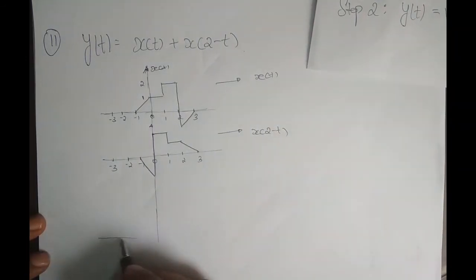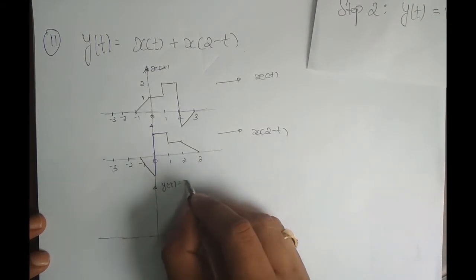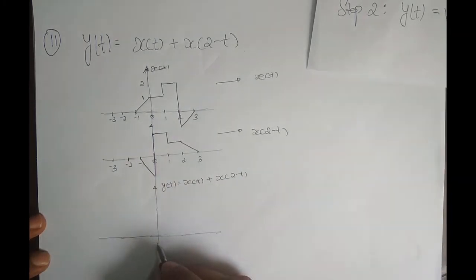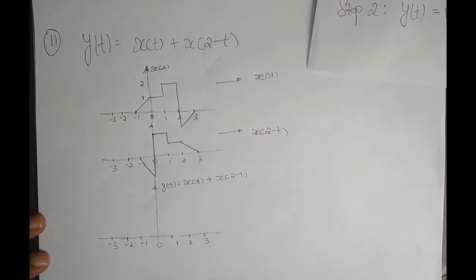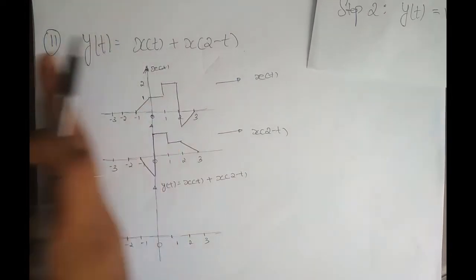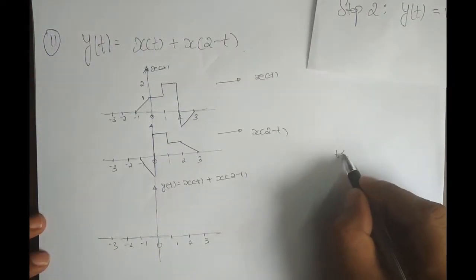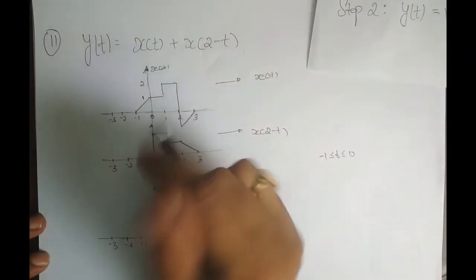So the signal is x of 2 minus t, right? Now the third signal is actually our resultant signal, which is y of t, which is equal to the sum of the first signal x of t and the second signal x of 2 minus t. So 0, 1, 2, 3, this is minus 1, minus 2, minus 3. Now concentrate, our signal basically starts from minus 1, right? Before minus 1 nothing is there, so it's completely 0. So we'll concentrate from minus 1. So for t varying from minus 1 to 0, just concentrate on that.